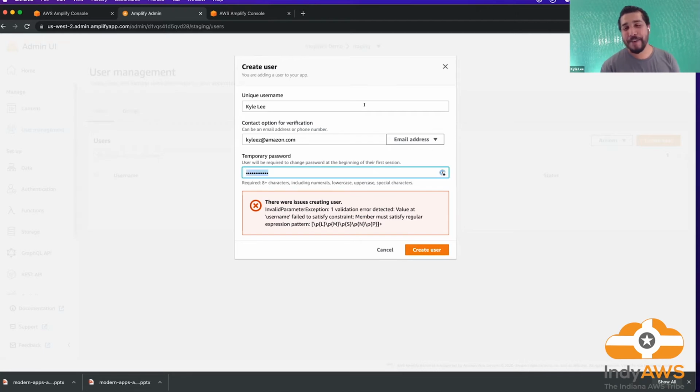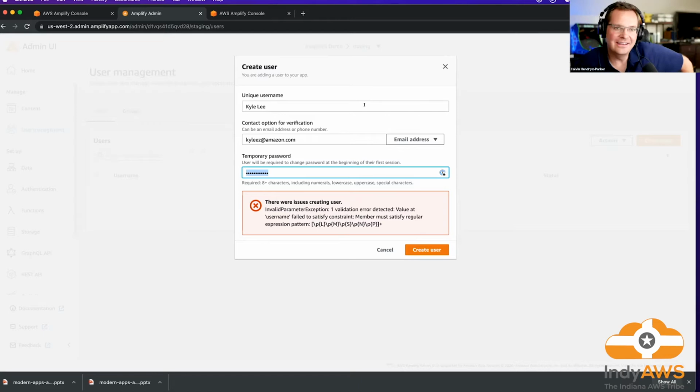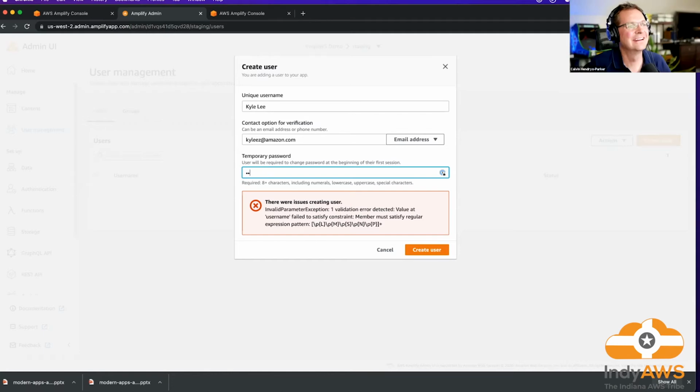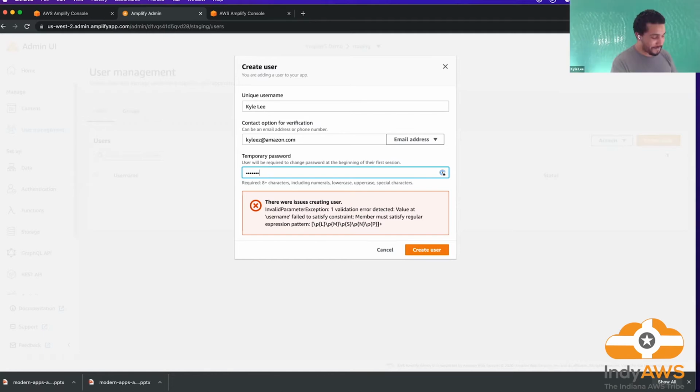I'm really bad at creating passwords when they're secure. They've got to have at least one capital in there. Oh, that's right. There we go. Oh, it's not letting me. All right. So yeah, you're going to have to enter in a secure password. Let's see if I could actually enter in one of my real ones.